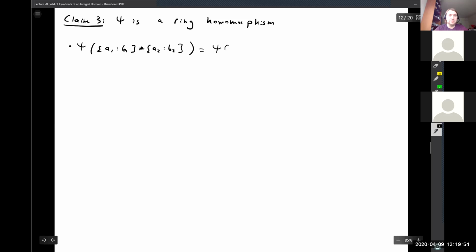So this is psi applied to a1 a2 over b1 b2. Right, and this is b1 inverse, b2 inverse, a1 a2, which, as you might guess, is the same as b1 inverse a1 multiplied by b2 inverse a2,